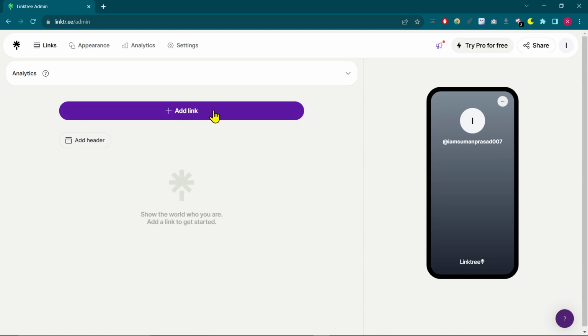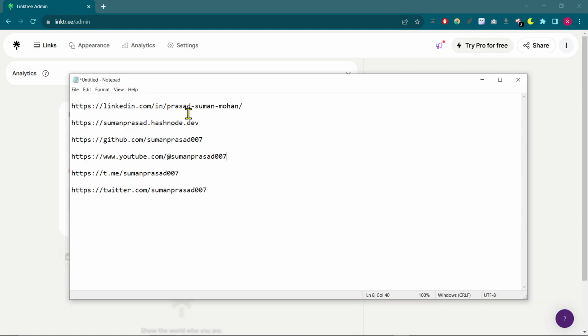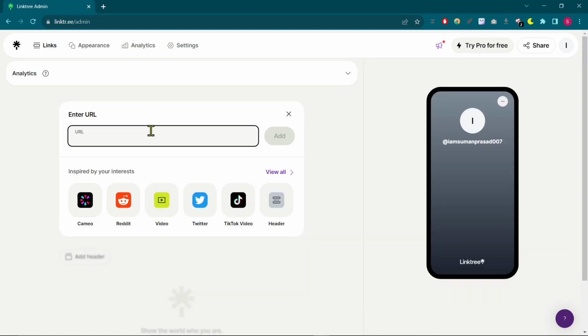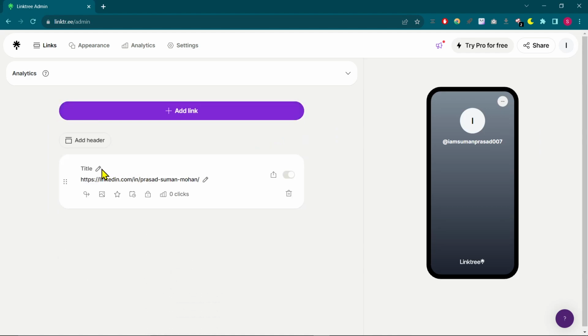So what I need to do is provide the links to my social handles here. As we can see, the add link is here. So click here and provide the link. For our convenience, I have copied some of my links and just provided them here. Add. Now it will ask for the title, like what exactly title you wanted to provide for this link. So let's make it a LinkedIn profile,